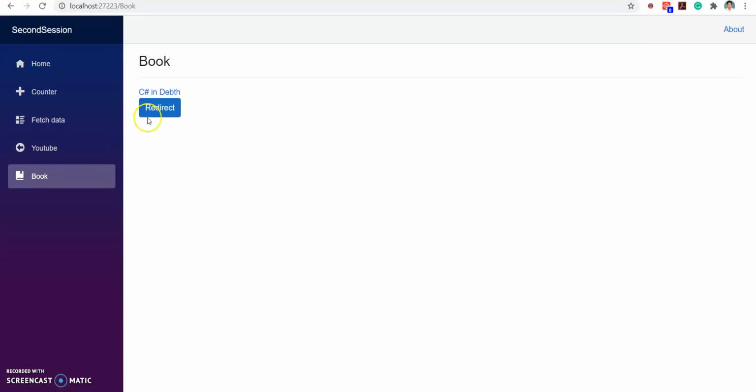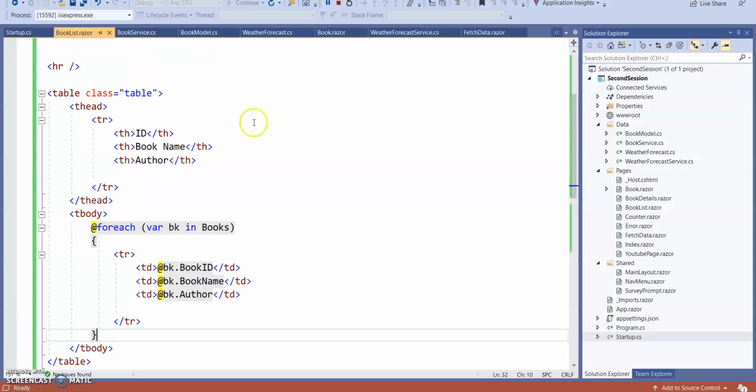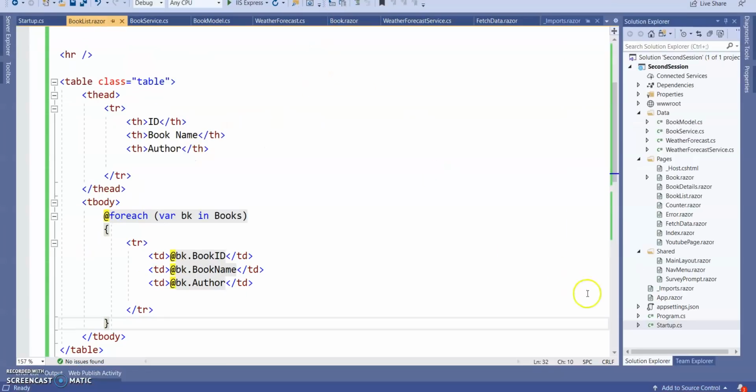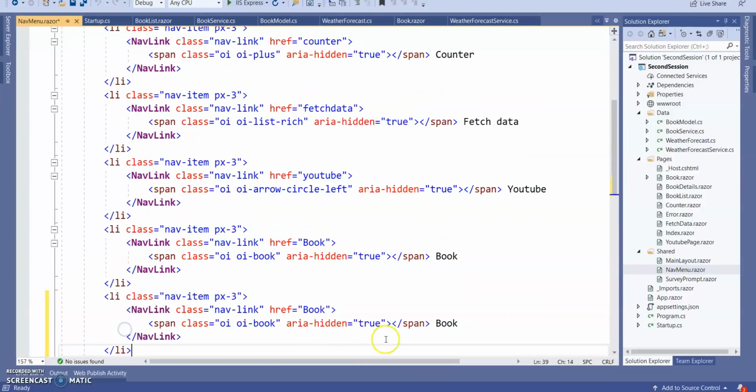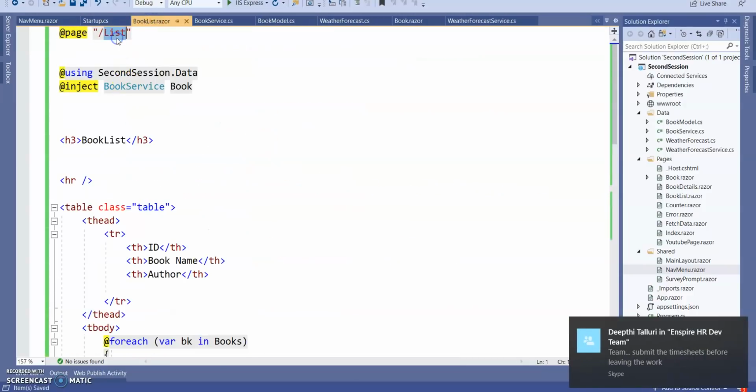So we need to add one link here, I forgot to add. Go to the nav menu, book list, here book list, the page name is list.